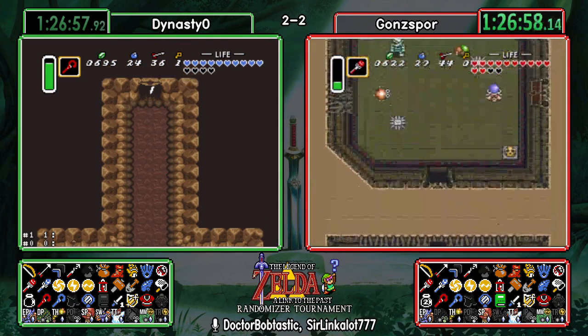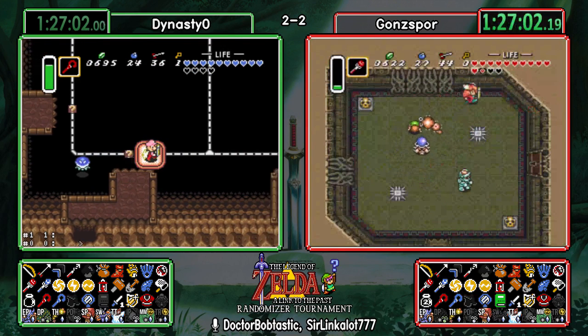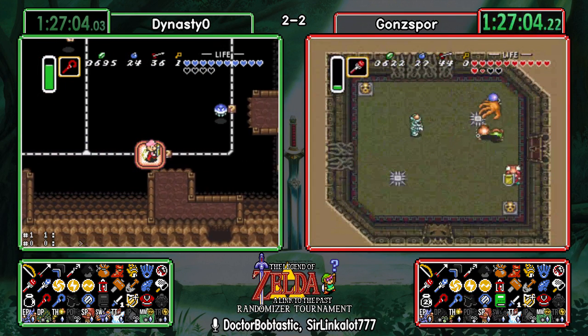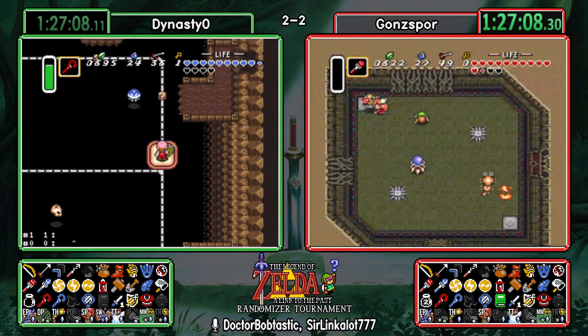Okay, go with me on this journey. All 3 swords in Ice Palace. Yeah, that is a possibility. Not one that the short runner's journey would probably want to think about, but...